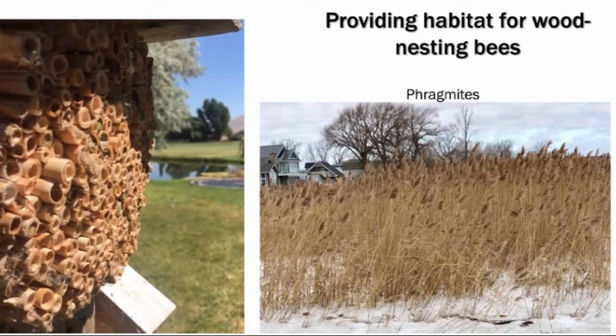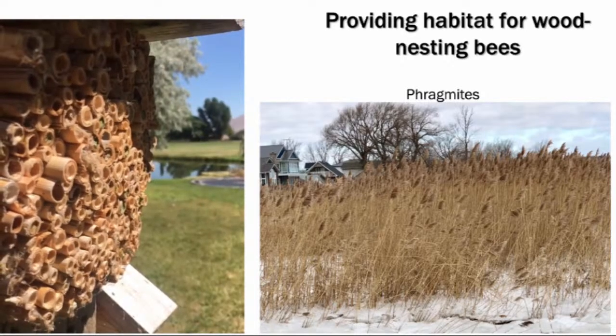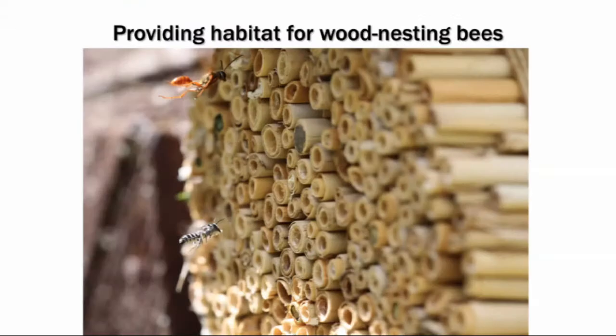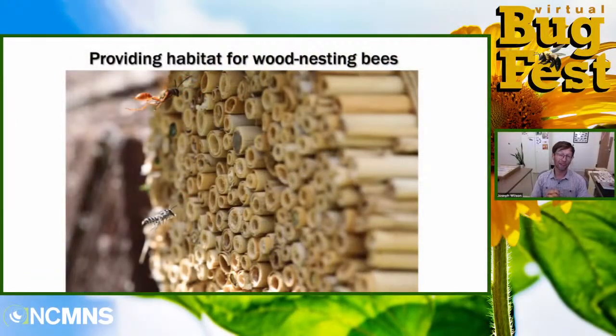But you also could have mason bees nesting in there that use mud to make their nests. I also get some native solitary wasps nesting in my bee hotels. This is called a grass carrying wasp. They hunt tree crickets, which look like little leaf bugs or little katydids. They paralyze the tree cricket, stick it into one of those nest spots, and then they shove dead grass in front of it. That's why they're called grass carrying wasps. Again, they're pretty docile and pretty harmless.